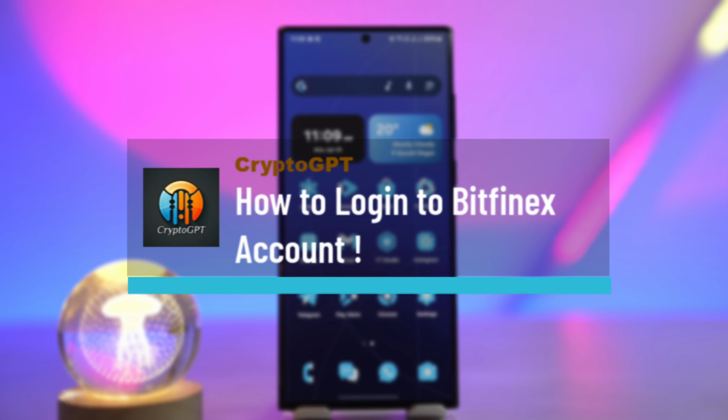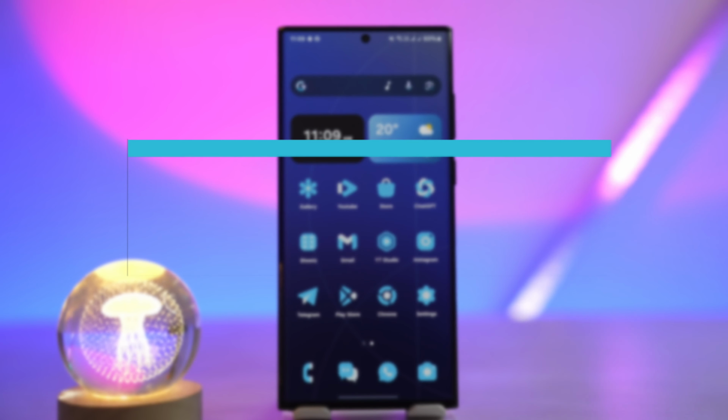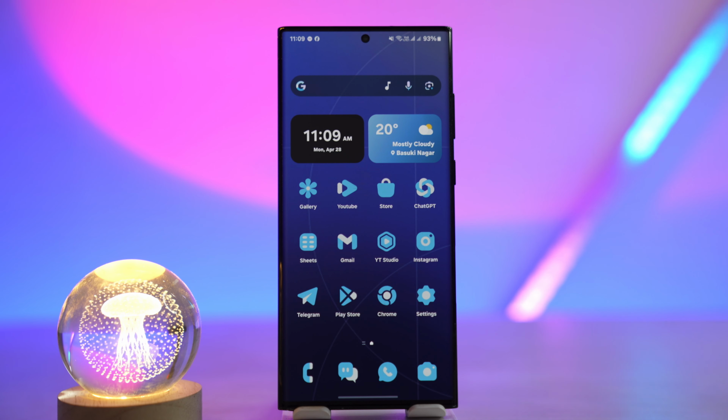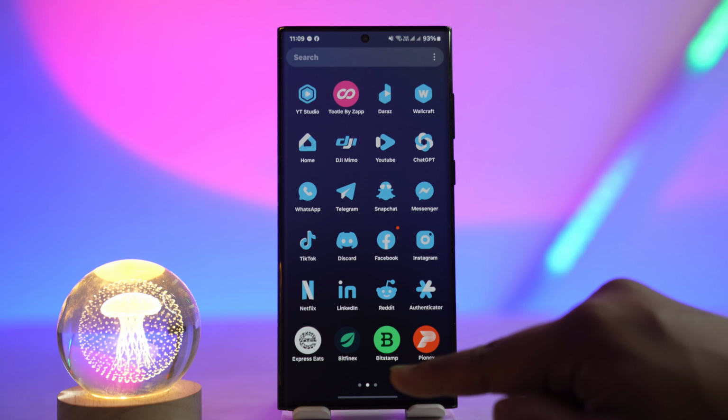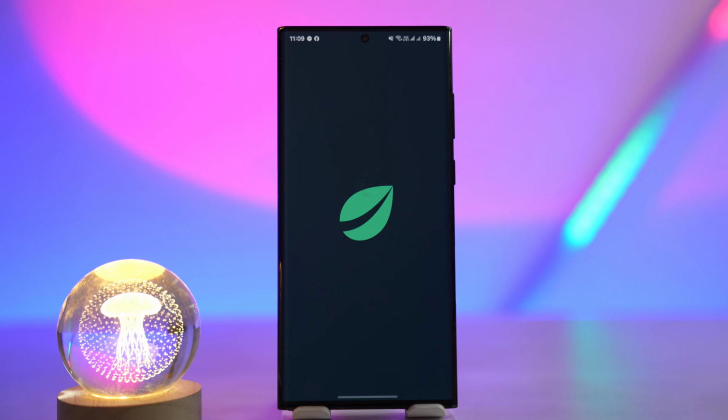How to log in or sign in to your Bitfinex account. Logging in or signing into your Bitfinex account is a very simple process. What we have to do for that is first of all launch the Bitfinex application on your